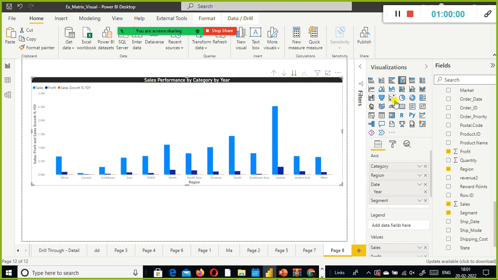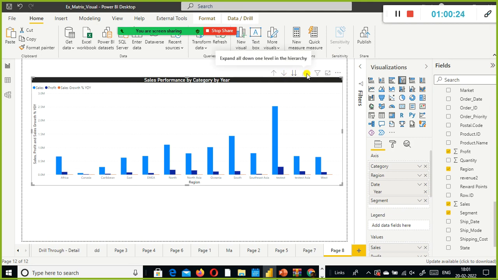I don't care about category. You tell me in the Africa region, what is the total sales across all the categories? See, Africa total sales is inclusive of all the 3 categories, and this one is inclusive of all the 3 categories' profit. You understood the difference between this one and this one, right?